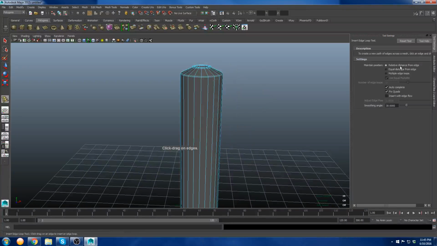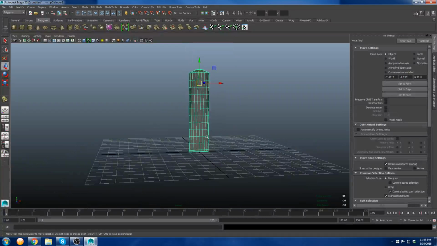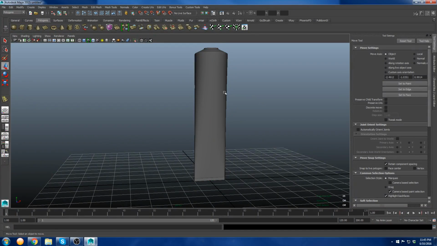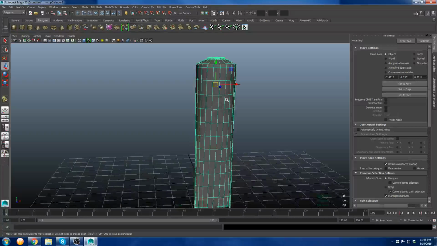If you click on it, that's called the option box. I want to create 10 equal edge loops along this. By default it was like that, so you have to reset the tool, go to multiple edge loops and say 10, and if you click here, boom. Now you see it's created edges equally from this point to this point, and I said I need 10 edges, so it did that. When I smooth it, I have a really good looking